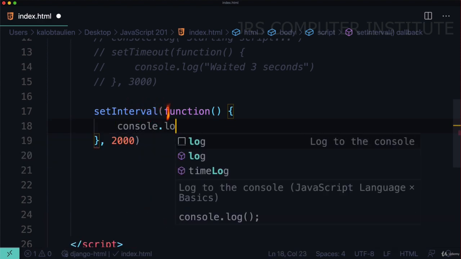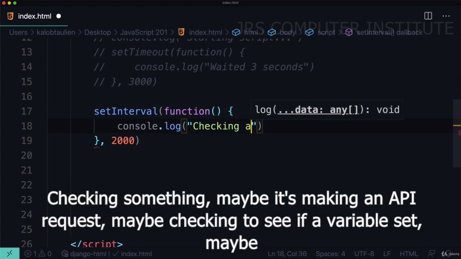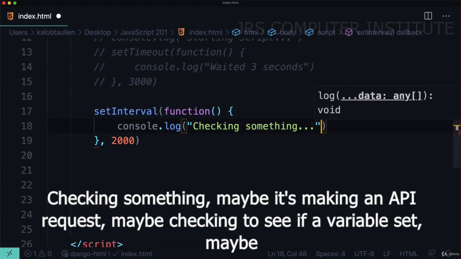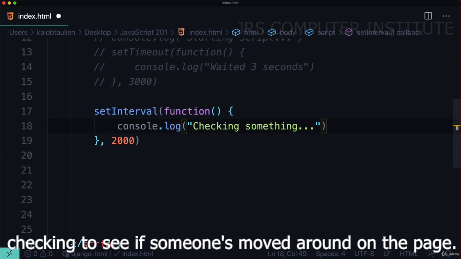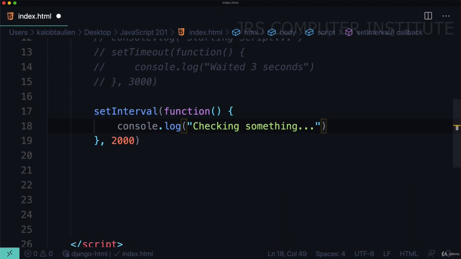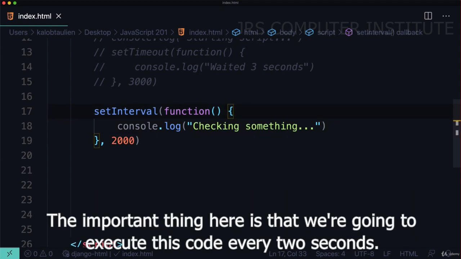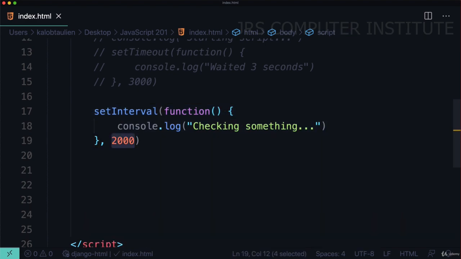Console.log, checking something. Maybe it's making an API request. Maybe it's checking to see if a variable is set. Maybe it's checking to see if someone's moved around on the page. We don't know yet. Could be literally anything. The important thing here is that we're going to execute this code every 2 seconds. So let's go ahead, save that,